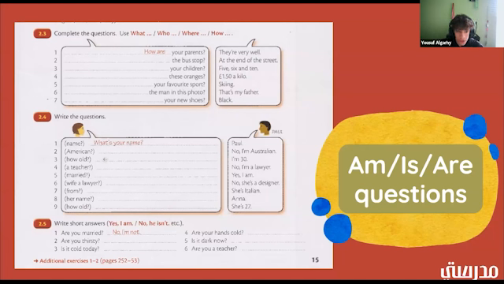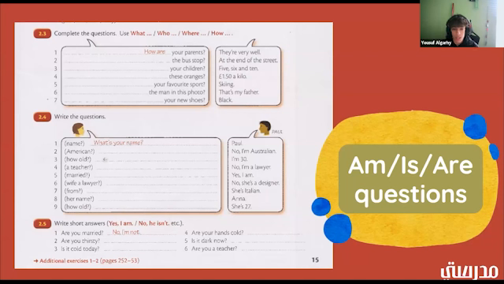Are you married? Good. Now we want to ask him if his wife is a lawyer, because he is a lawyer. So we want to know if his wife is a lawyer. How do we ask him that one? Is your wife a lawyer? Good. Then number 7, it says "from." We want to know where his wife is from this time. So what would we ask? Where is she from? Or where is your wife from?